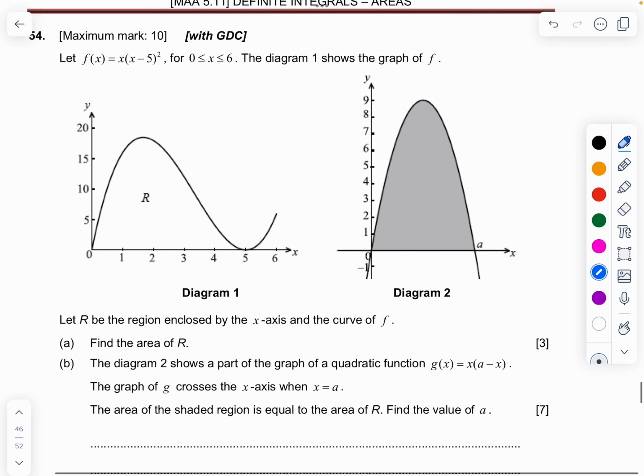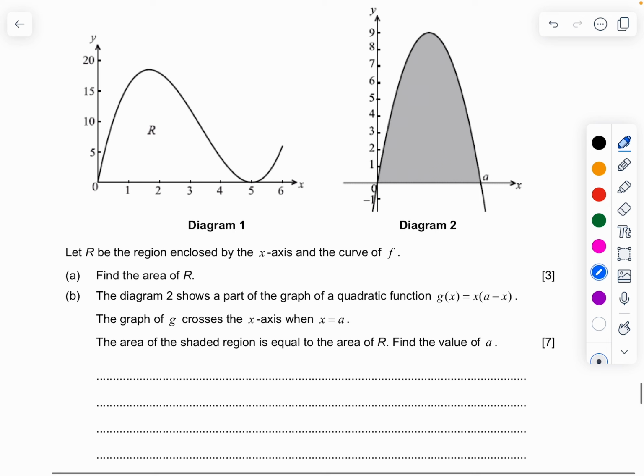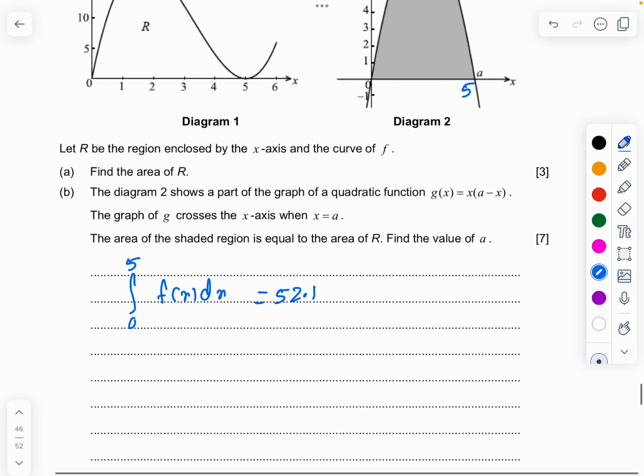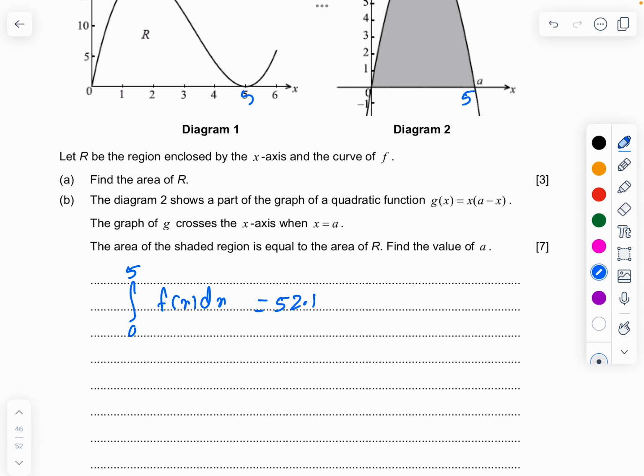Question number 54. Let f of x be given. The region R enclosed by the x-axis is also given. Find the area of the region R. So the limits are 0 to 5, the integral from 0 to 5 of f of x dx. Use the calculator. You should be able to get 52.1. Then the diagram 2 shows